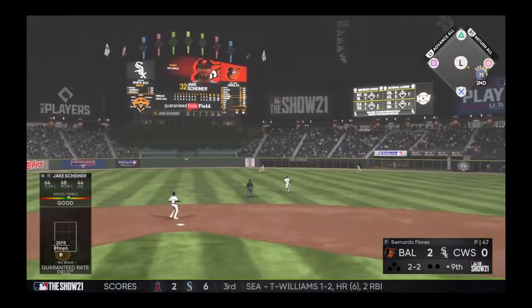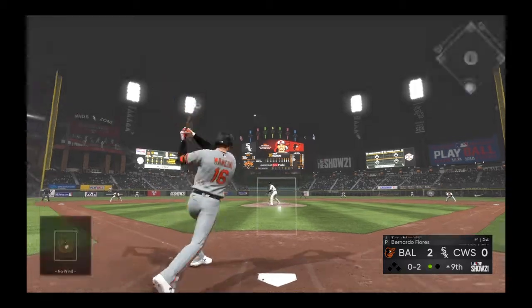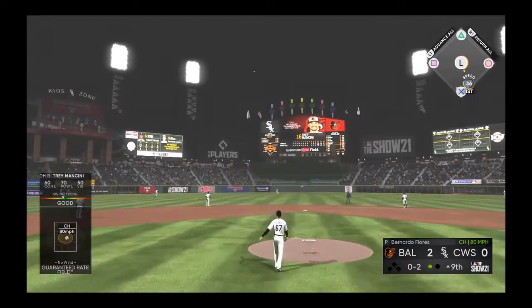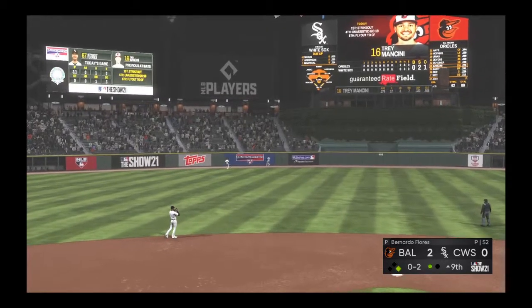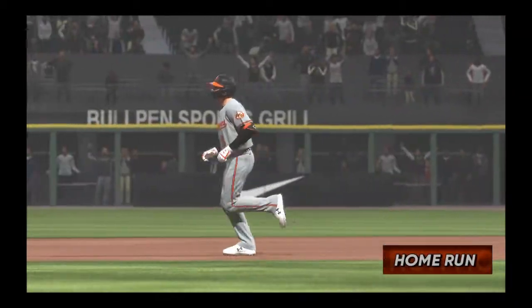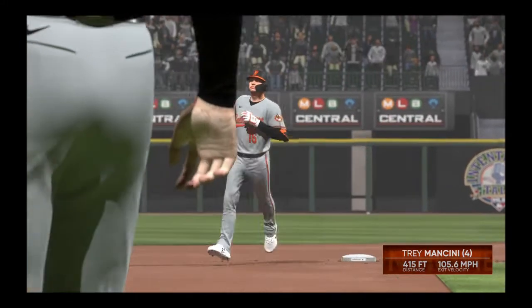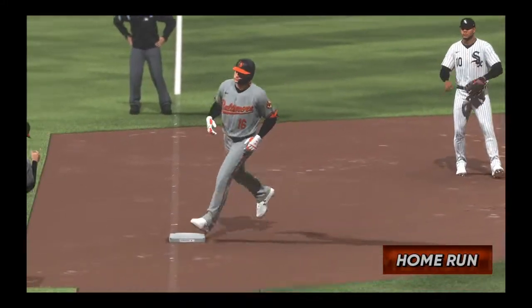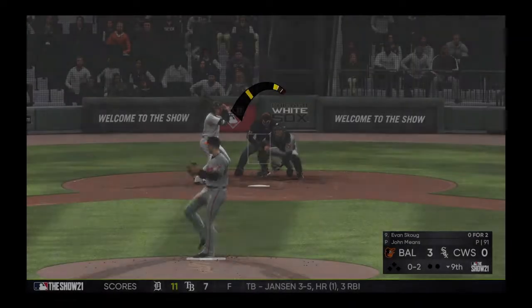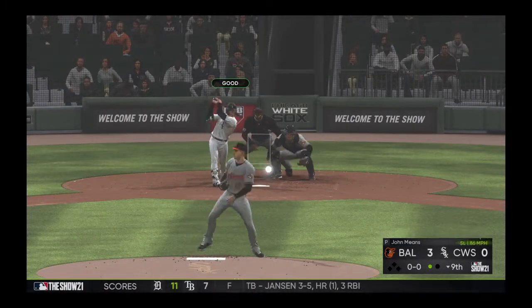Shiner at the plate now. He hits one into the right center field gap that Robert is able to run down in the gap for the 1st out of the inning. Then Trey Mancini connects on a changeup that was hanging right over the middle of the plate, and that one is gone. So another home run here for the Orioles as it's Trey Mancini this time with his 4th of the season. 415 feet and an insurance run there that is big because now on the bottom of the 9th,